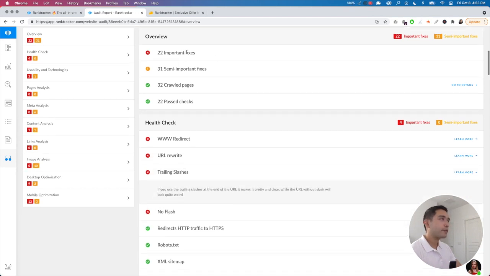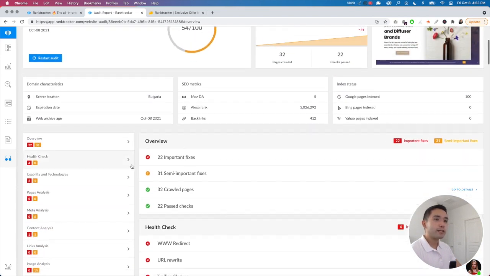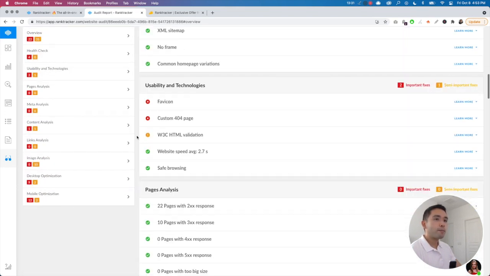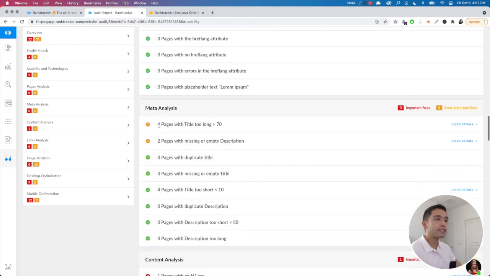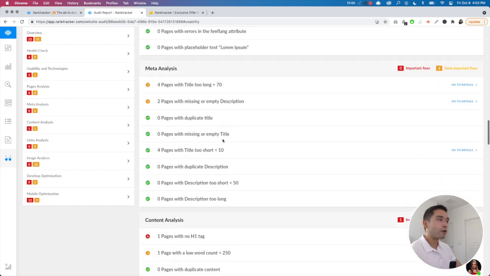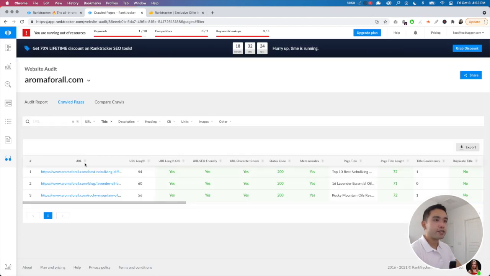All right, important fixes. So I wish it would actually tell me what parts or what pages I need to fix. So for Favicon, custom 404 page, I wish it told me where these errors are located. But okay, yeah, for this one it does. So it just depends on what error. So for this one,